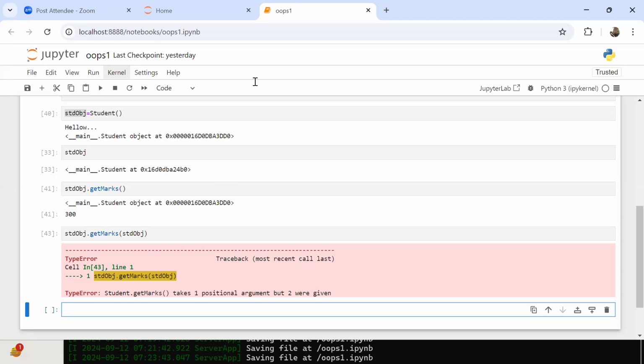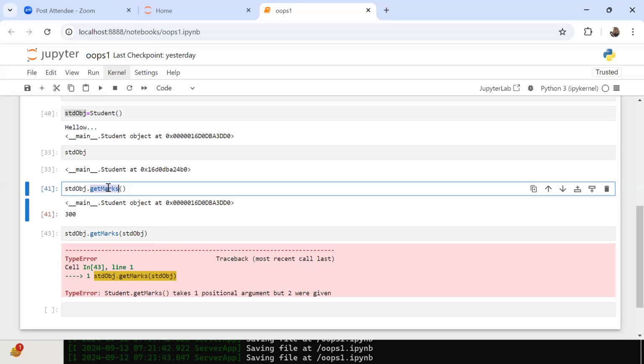It means, see, whenever you call a method like this, Python passed one argument or not? On the Python side, how many arguments did it pass? One argument. What is that argument?